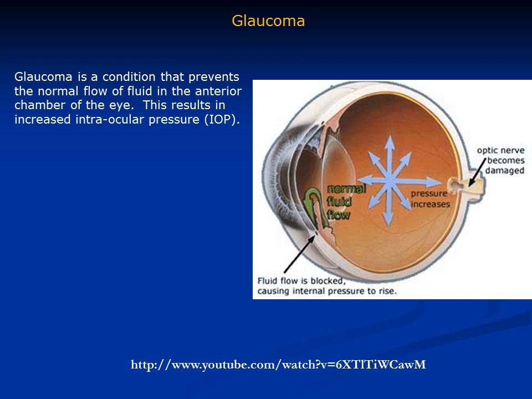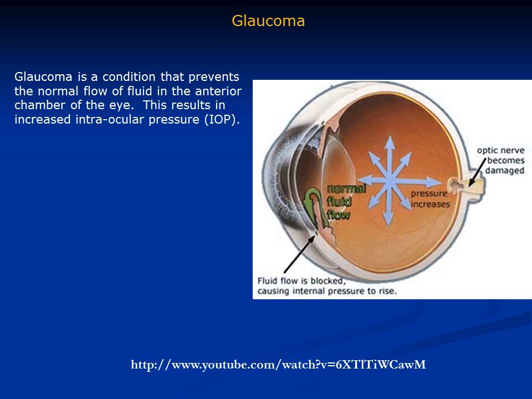The symptom of glaucoma is increased intraocular pressure. So the eye is pressurized slightly, and normal pressures range from about 14 or 15 millimeters of mercury up to maybe 20 at the most, and that pressure just maintains the shape of the eyeball. It's caused by the fluid flow. There's a production of fluid from the ciliary bodies. You see where the arrow emerges from that green arrow in the